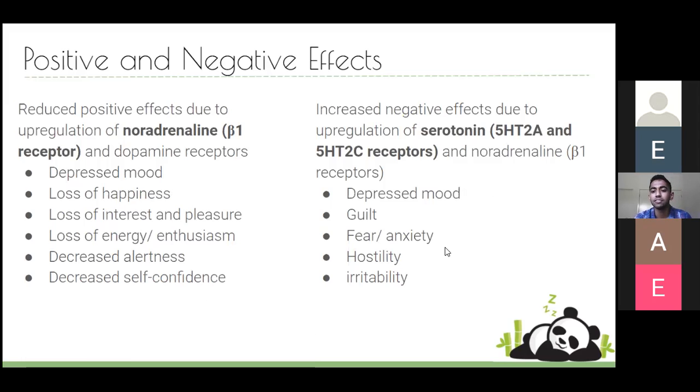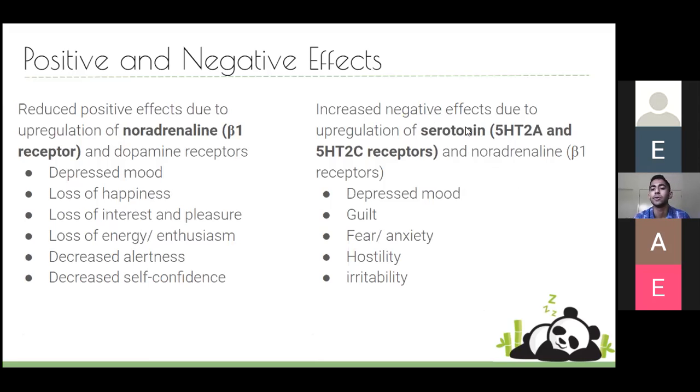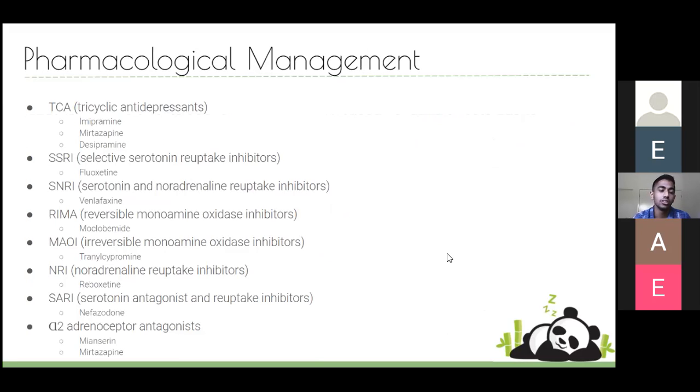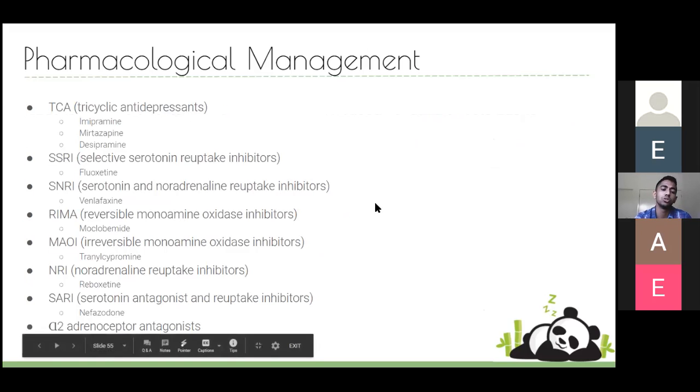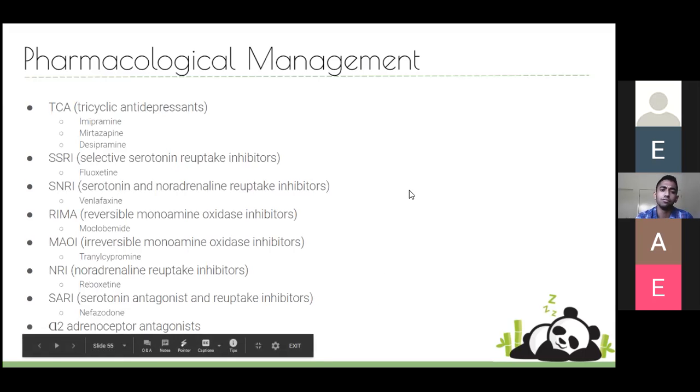But we've also got our negative effects. So these are all the bad things, and we're getting more bad things in depression. So we're going to get increased negative effects, and that's going to be mainly due to serotonin. So we get guilt, fear, hostility, irritability, and depressed mood as well. So these are the drugs that we are going to be working on depression. So we've got TCAs, rest. We'll go through them one by one and try and focus on them in classes instead of actual individual drugs and what are the things that we need to focus on, because this is a long list of drugs.